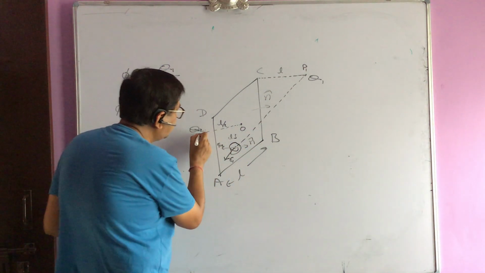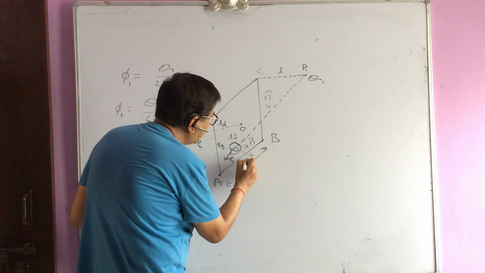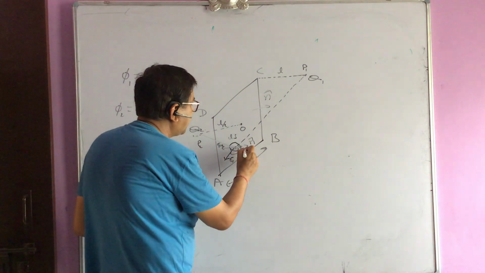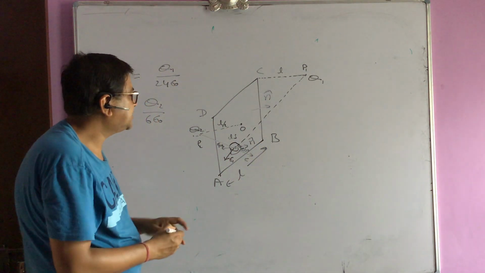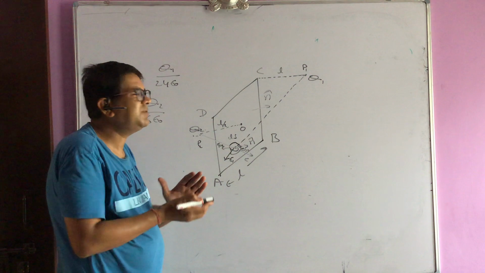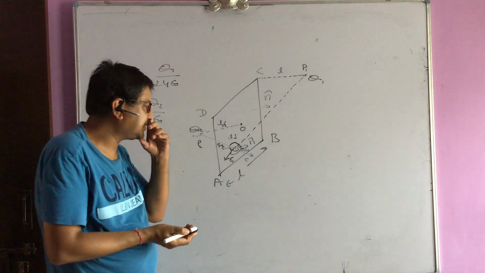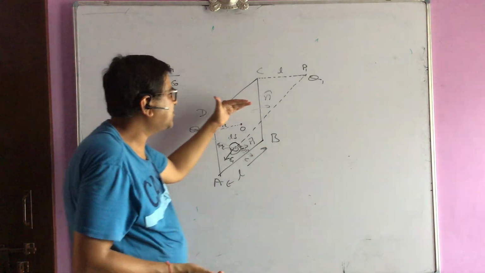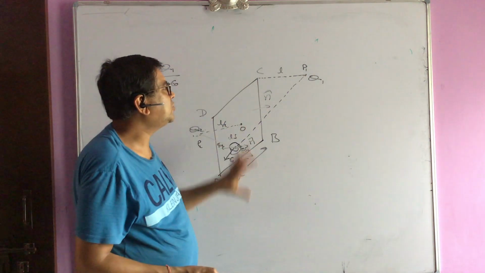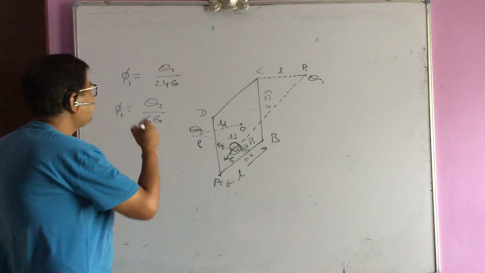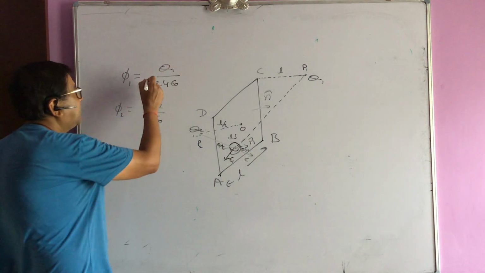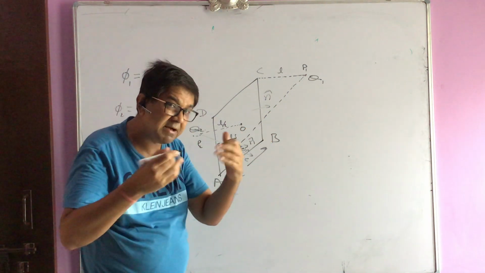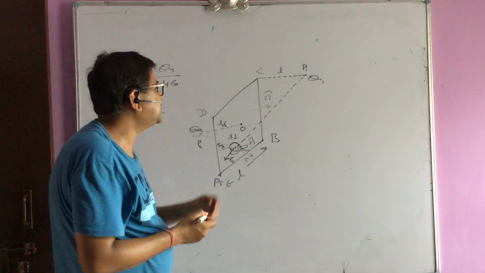And at the same time, if I take Q2, the field due to Q2 is here, from P2, and the field component is coming along n cap. So the flux here for Q2 is positive. So these two fields are not adding the flux, they are subtracting the flux. So we have to be alert about this. What I will say here, let me take this direction of area vector, then the flux due to Q1 is going to be negative. So here for phi 1, I will not write phi 1 plus, I will write phi 1 minus, with this sense of area vector taken as positive, which I have myself assumed. No one has given me that this is to be taken positive.